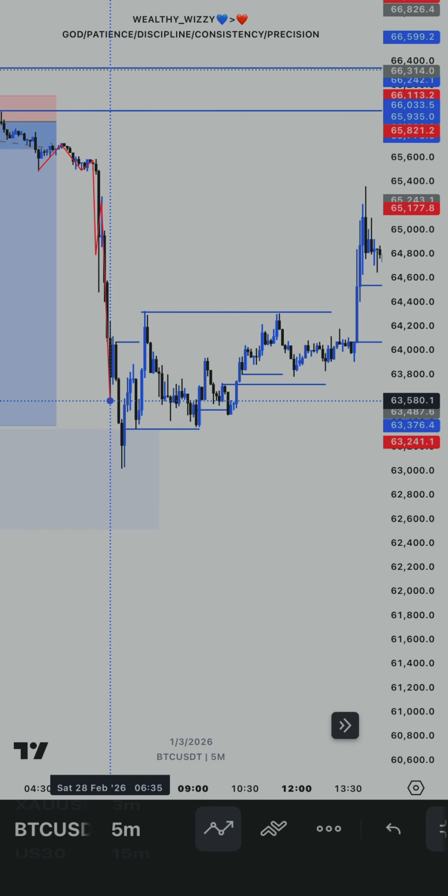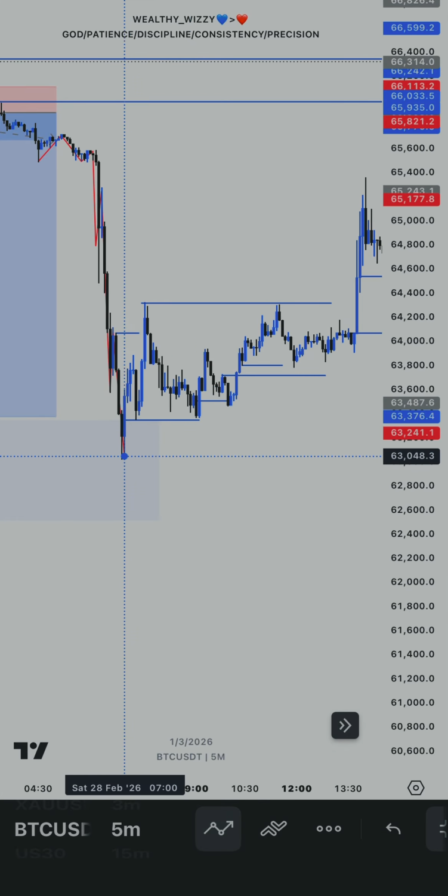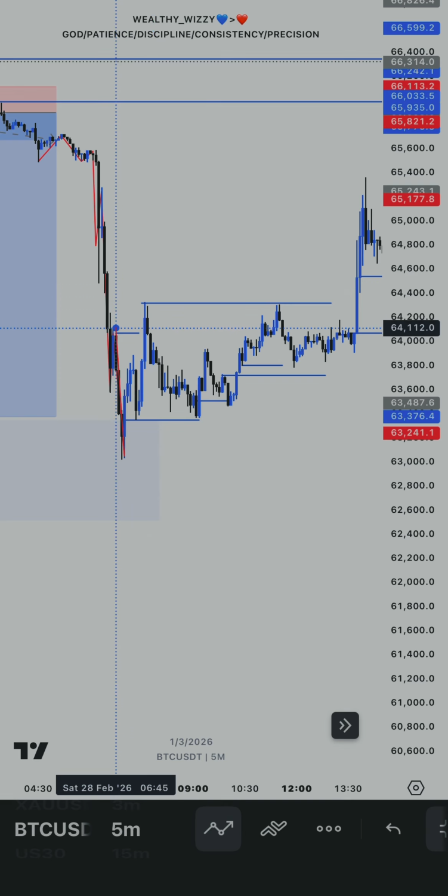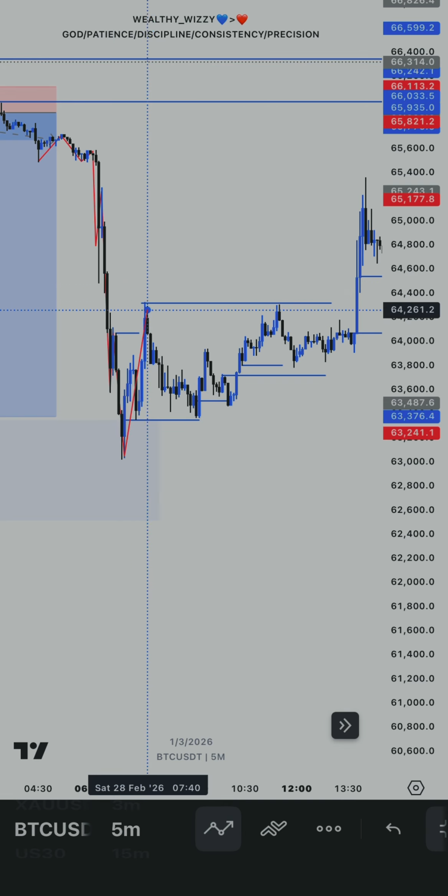This was the last high that broke structure. So when price broke above, mitigated this our point of interest, and broke above this last lower high that caused a break of structure to the downside, I denoted our market structure shift,